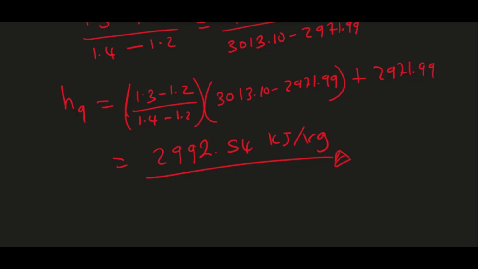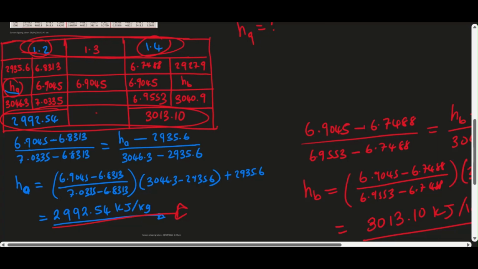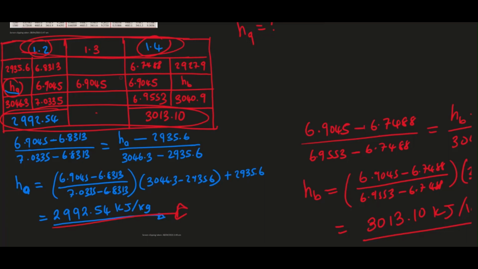So yeah, that's how you do double interpolation. So basically you interpolate between the two tables given, using your given entropy value. In this case, the parameter that you are given could be entropy or temperature, but in this case we had entropy, so we used entropy to interpolate and find out what is the value of enthalpy at our given entropy,